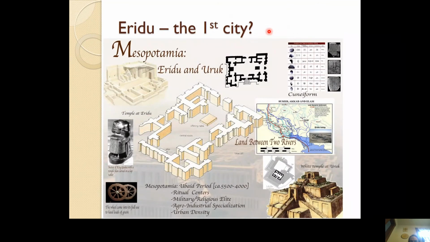Eridu, the world's first city? Question mark. No one really knows when the first city was. A lot of people argue about it. As far as I know, Eridu is considered the earliest one, but then earlier I contradicted myself in my slideshow, so who knows? Here's just some cool bronze artwork from the time.